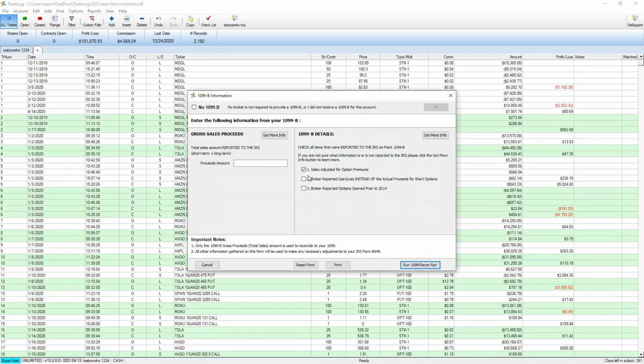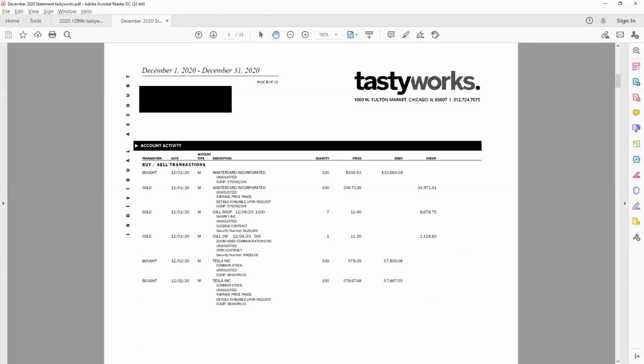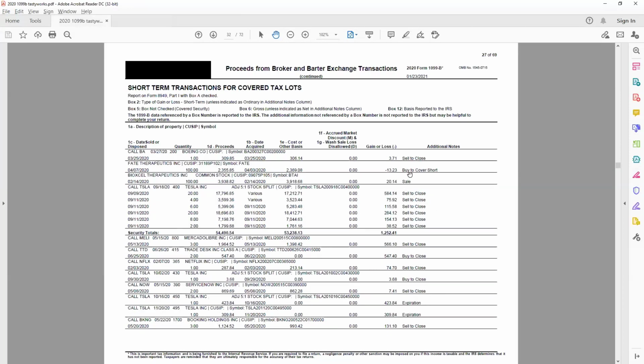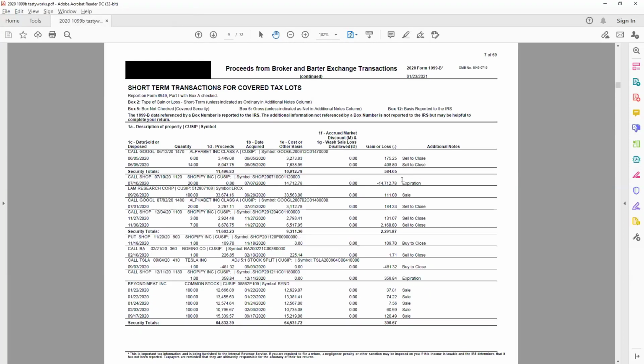I'm going to run the reconciliation report. And TradeLog has selected some of these 1099B details based on the broker. So in this case, we know how Tastyworks reports options and also short options, and we can account for that. What I need to enter here is a number, which is the gross proceeds from my 1099B. So I'm going to switch back over to the 1099B. Don't need this December statement anymore. And if I go to the top of this report,